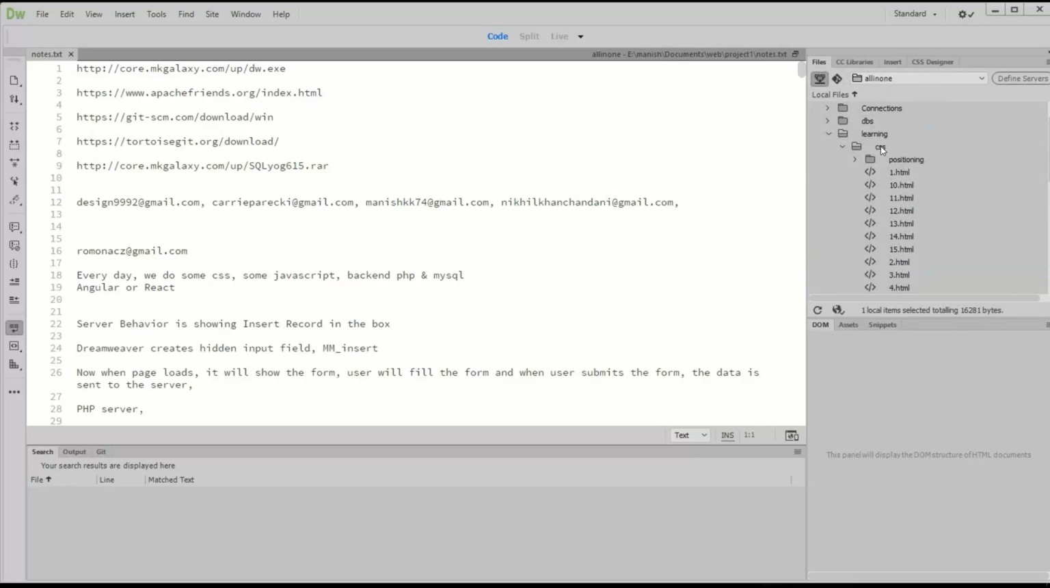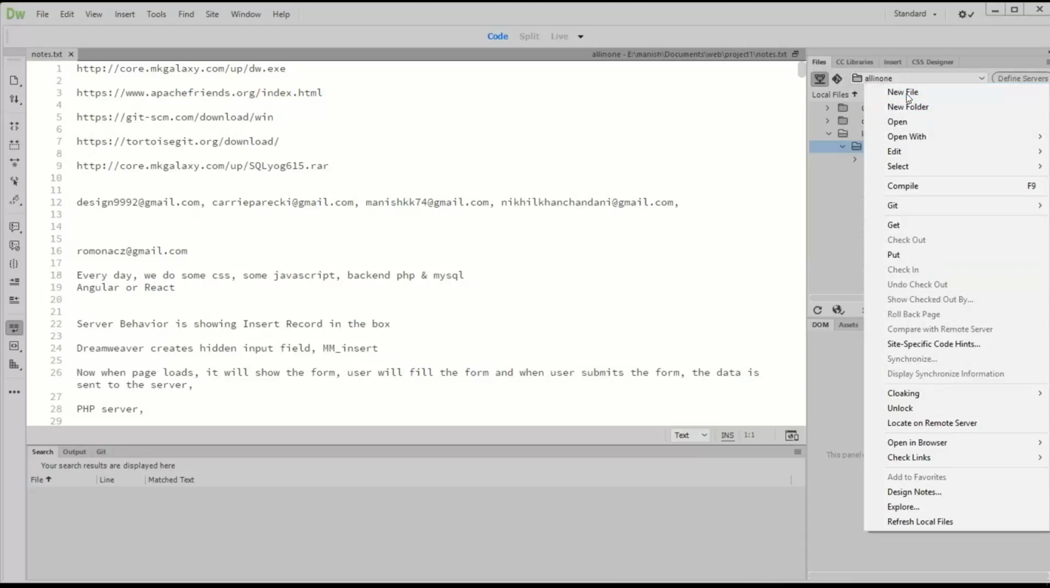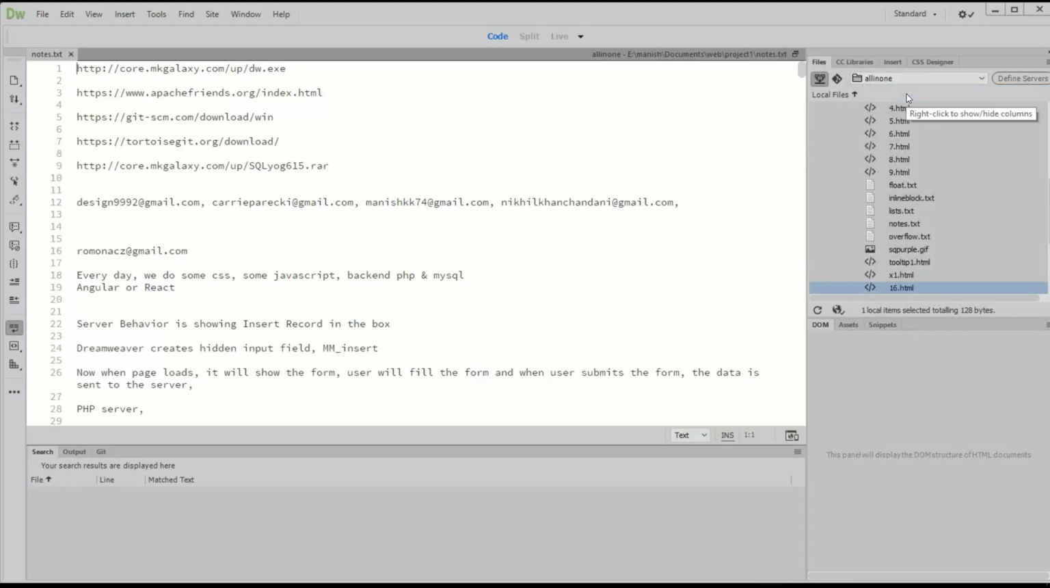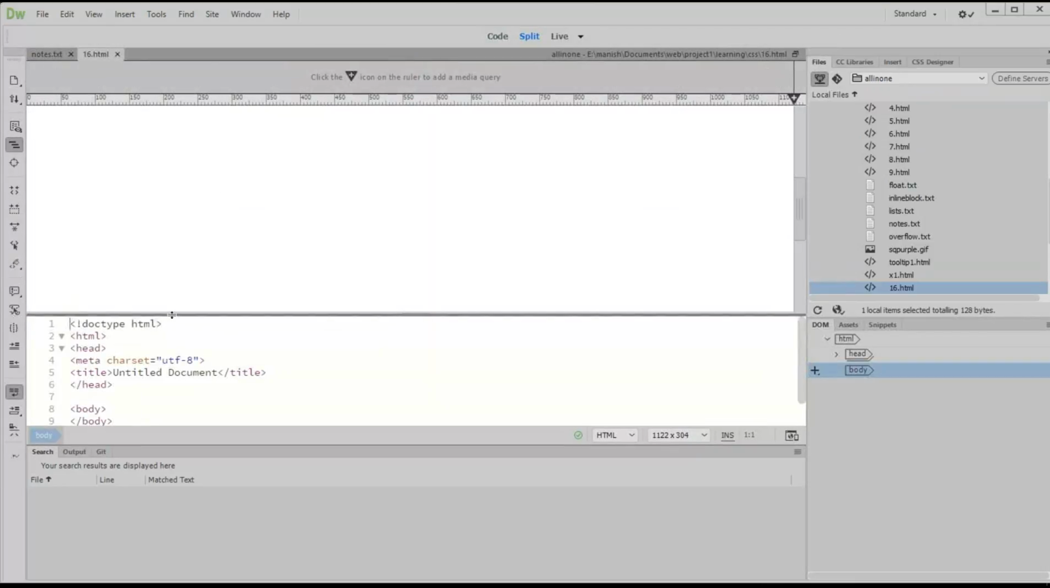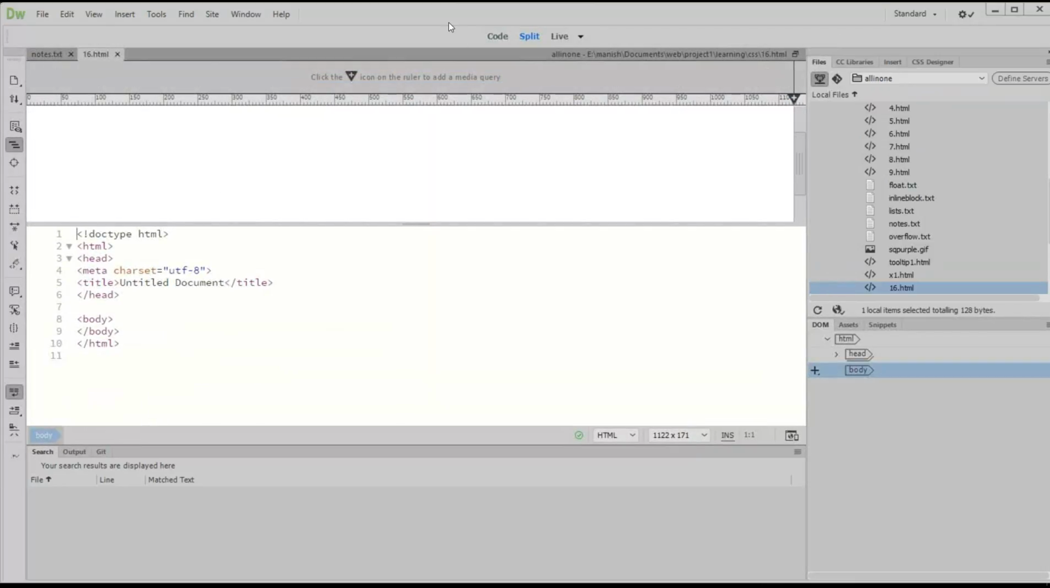Okay, I'll create a new file, 16.html, and I'll go into the code view. I'll create the style tag